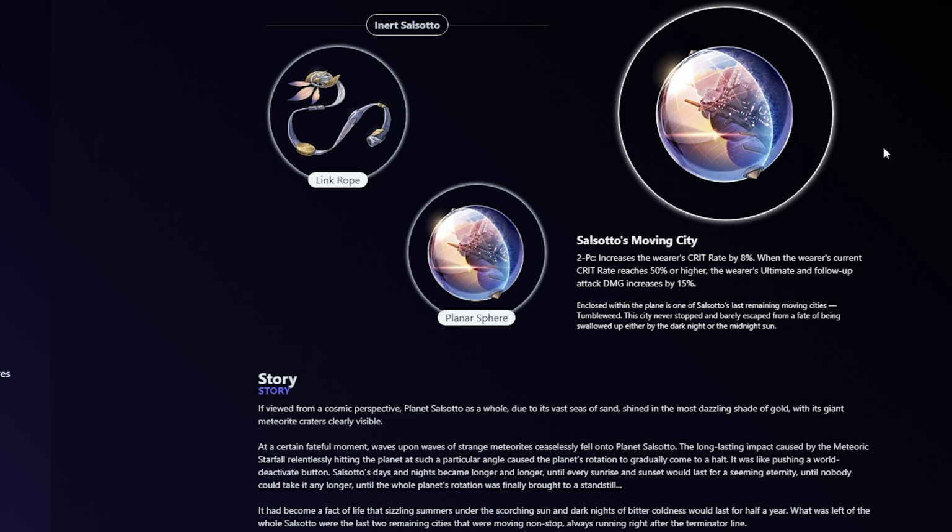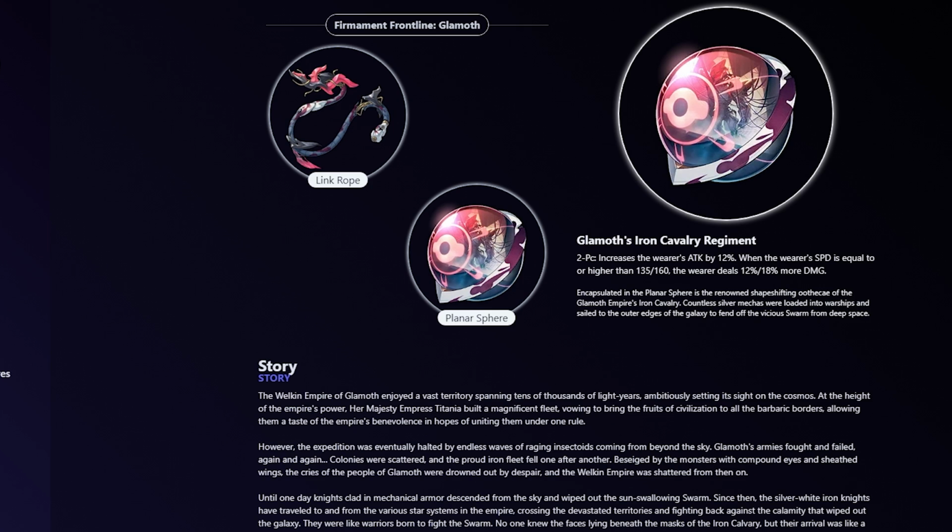The only case where I'd recommend running one over this is the Glamoth set, and I only recommend doing this if you can get him to 160 speed or higher. And Jing Yuan is on the slower side, so this is not gonna be the go-to option for everyone. And the 160 speed is only slightly better than running Inert Salsotto, but if you can get to 160 speed or higher, be it with buffs or you have a bunch of speed substats for whatever reason, this is a